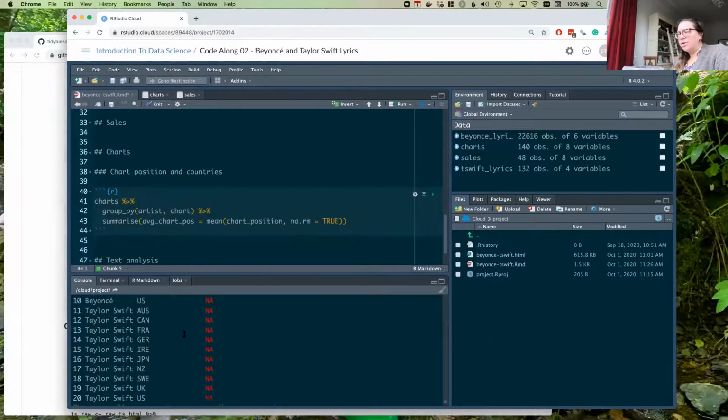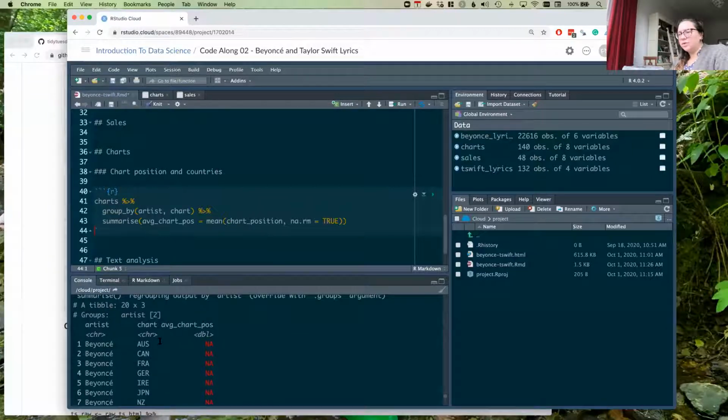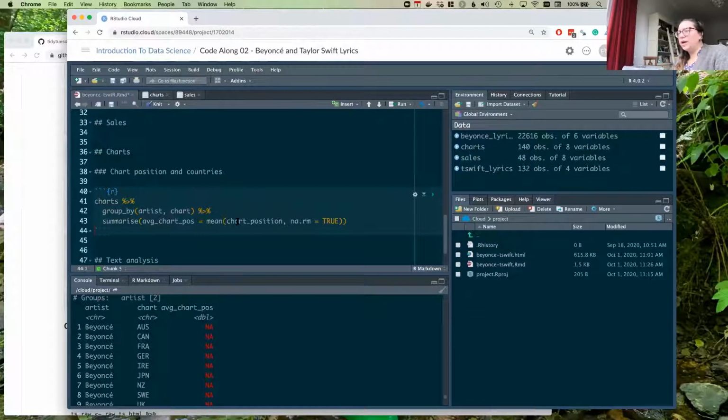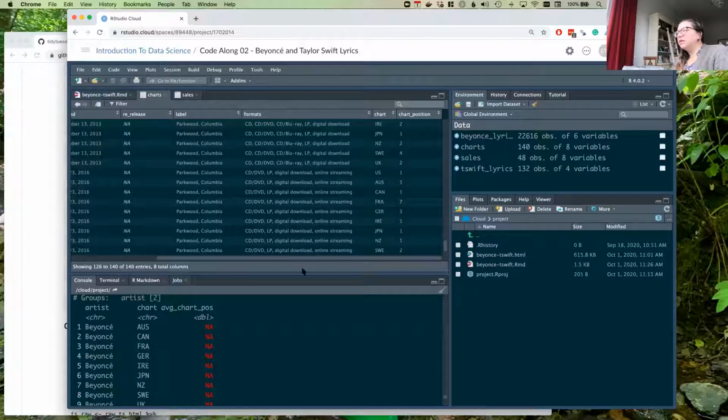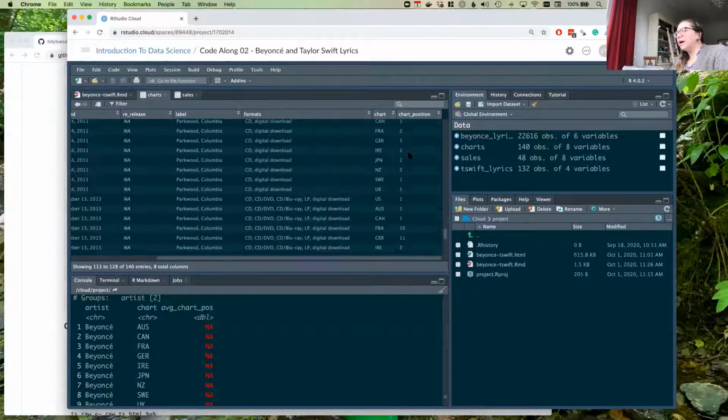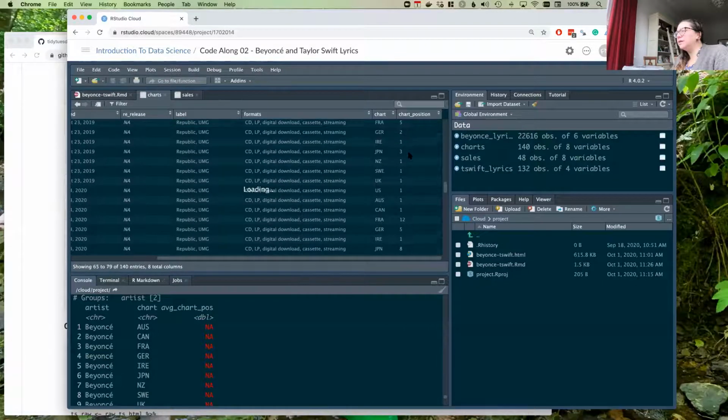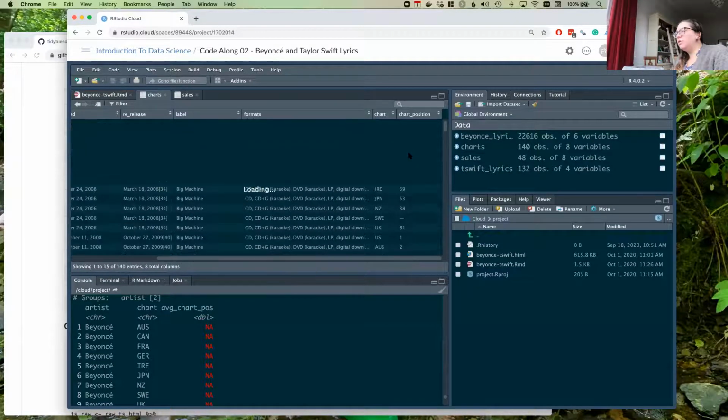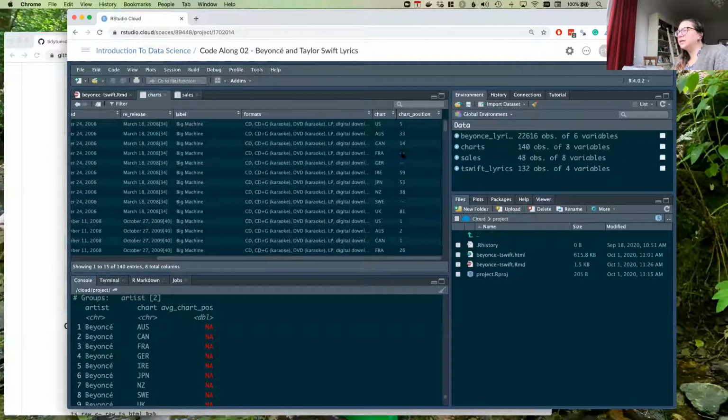Okay, so for each one of them, we can find out their average chart position in the various countries, although we are not yet getting to that information. Let's try to see what might be happening. Do you guys see how we have these little dashes?